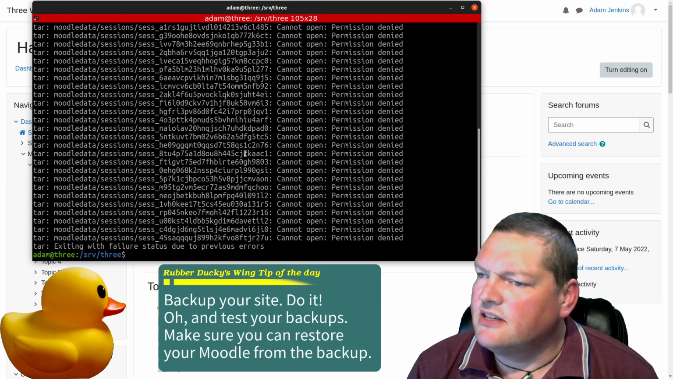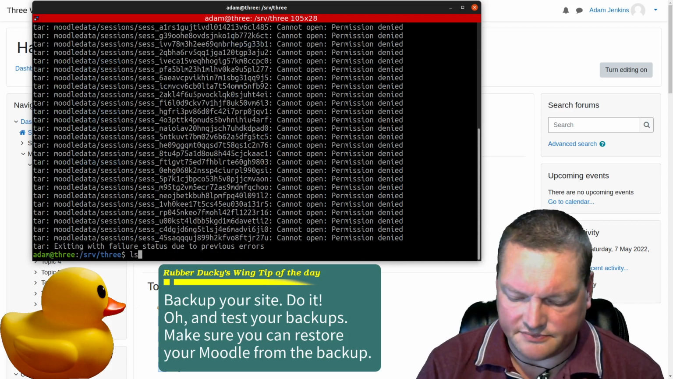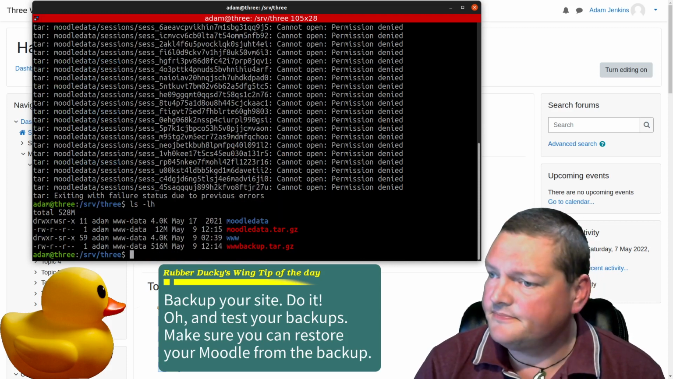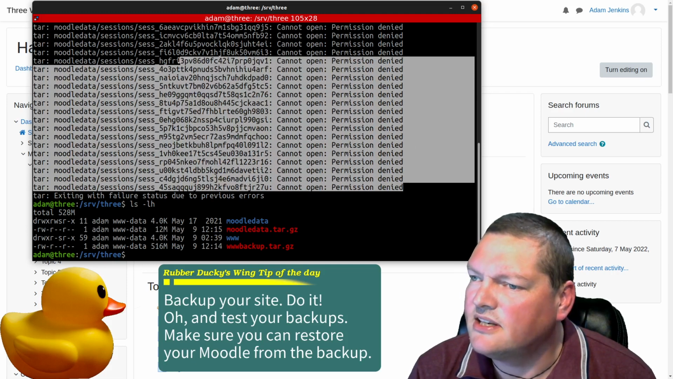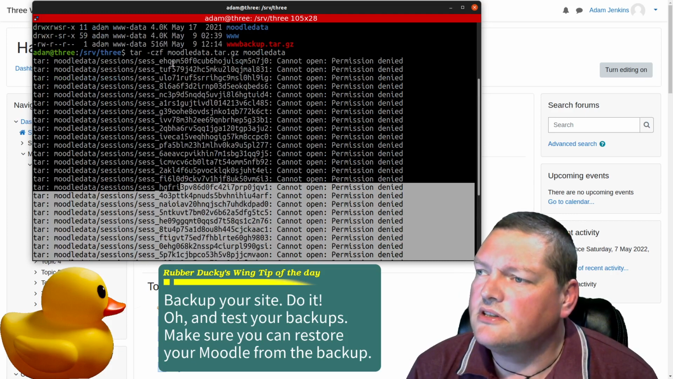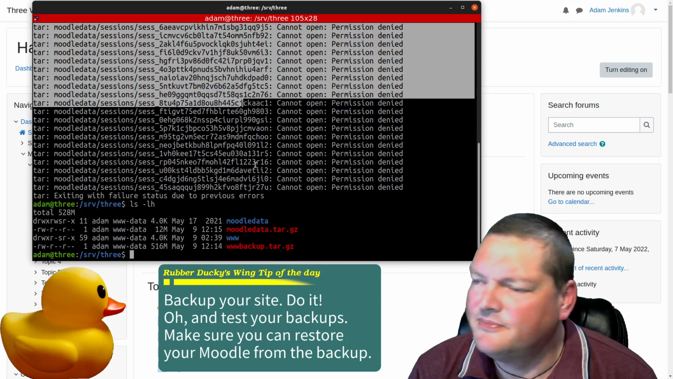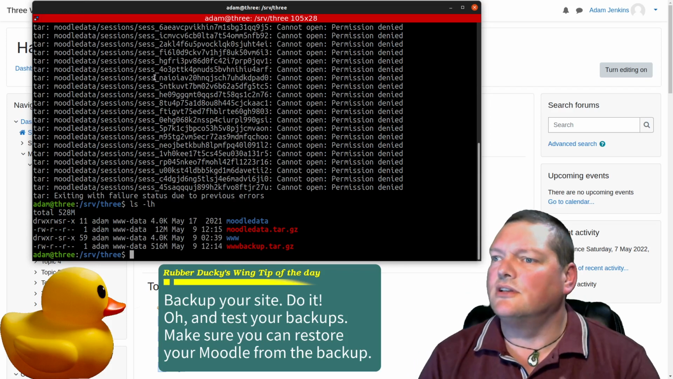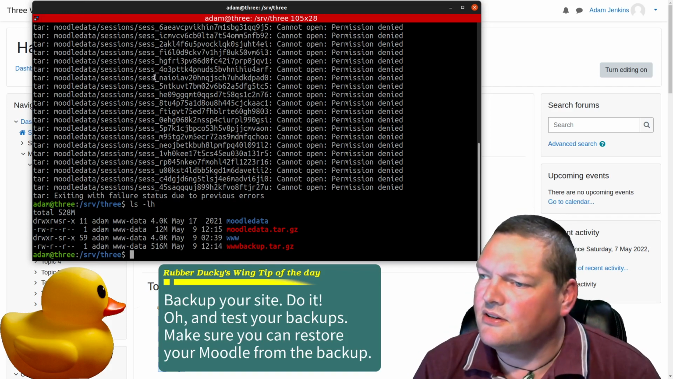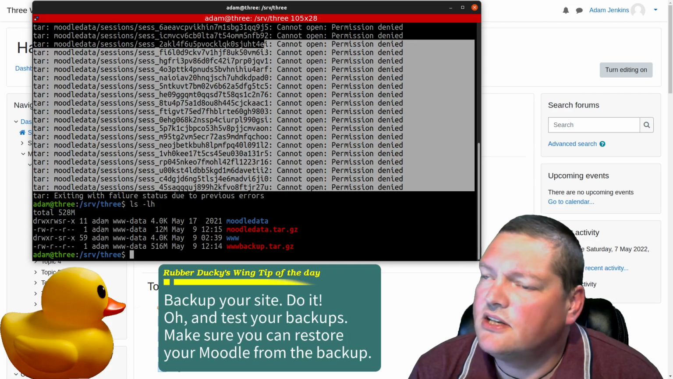Now you might find something like this happen: exiting with failure status due to previous errors. It has actually completed here, but there are a few files that didn't go in. If you look through the files, they're all session files like these, so don't worry about them. Session files are just the files that hold the login information for current logins. If that makes you nervous, what you can do is, inside of Moodle,